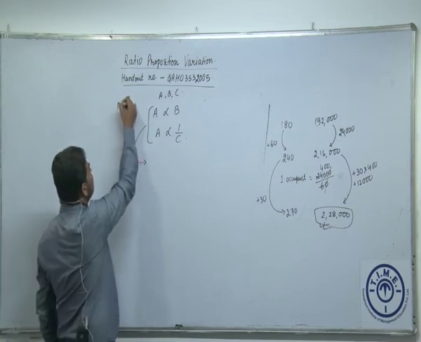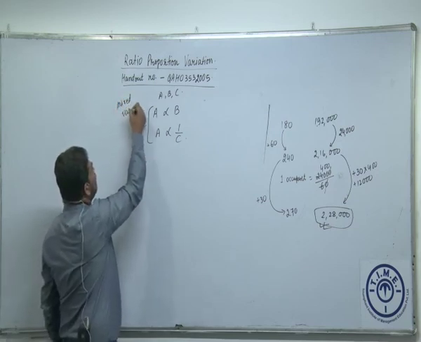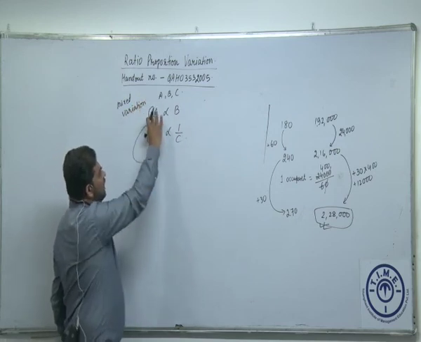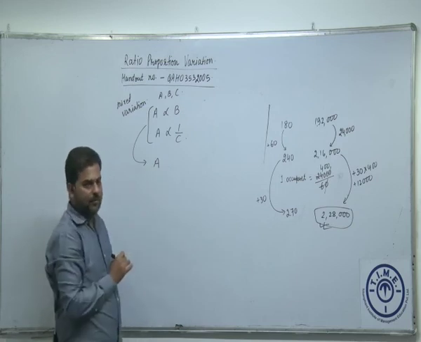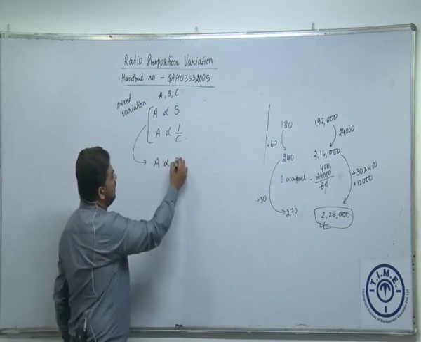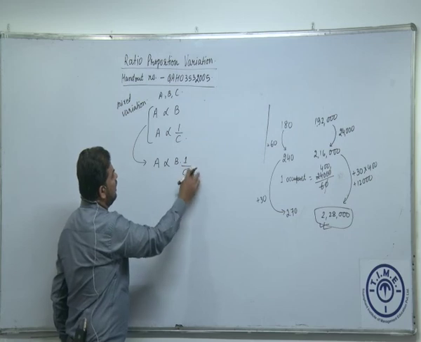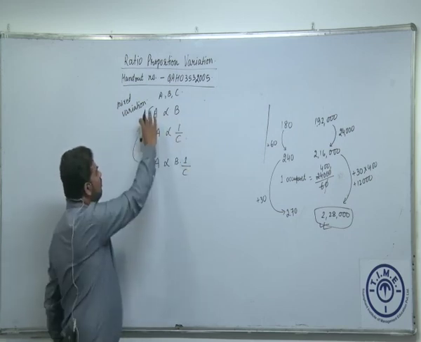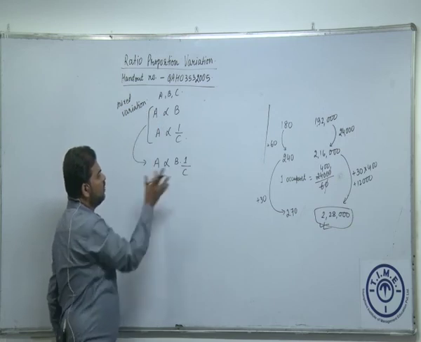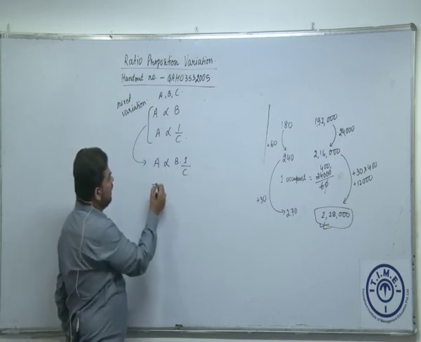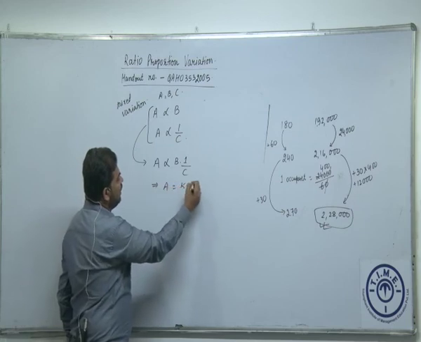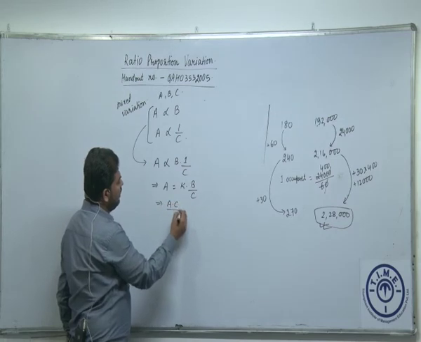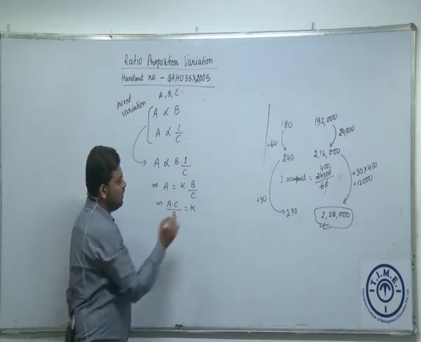So we are discussing mixed variation. The mixed variation for these two will be: left side A will remain common as A, and the right hand side has to be multiplied. From these two, I will get that A is proportional to B over C. Can I write A is equal to K into B by C? Then can I write A into C divided by B is equal to a constant?